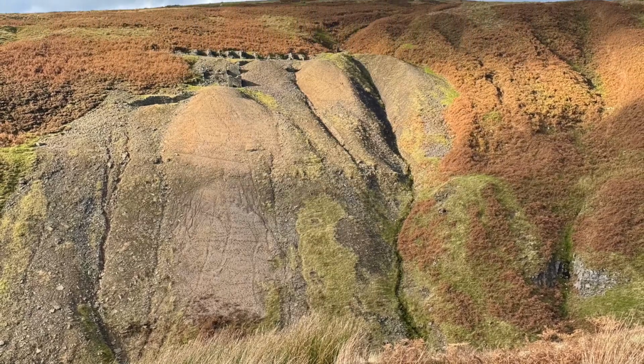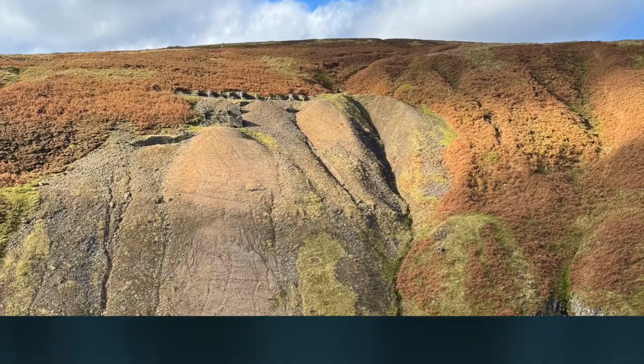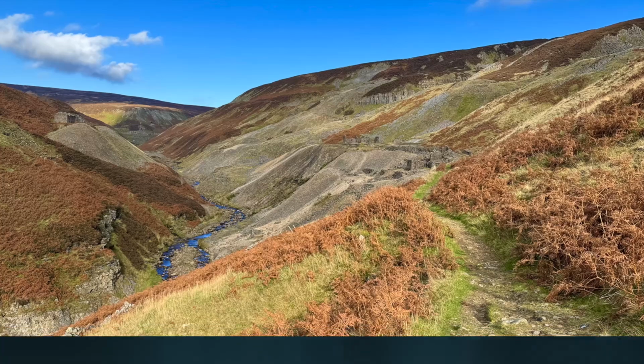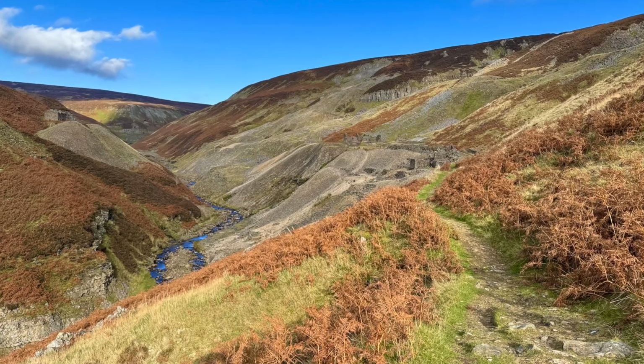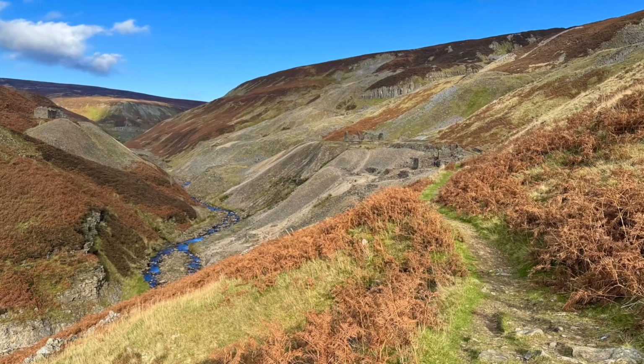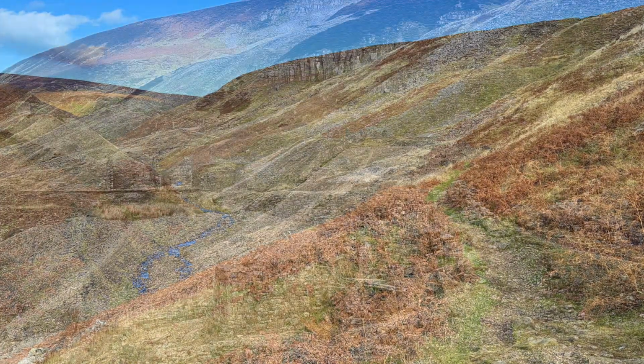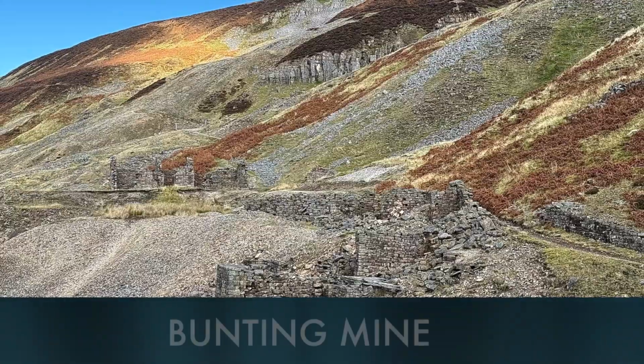My Ordnance Survey map shows that this is the site of the disused Dolly lead level. This landscape is endlessly fascinating. As I continue north past Swinnerbank Scar, I have a wonderful view of Gunnerside Beck in the valley below on my left. I reach the Bunting Mine and dressing floor,